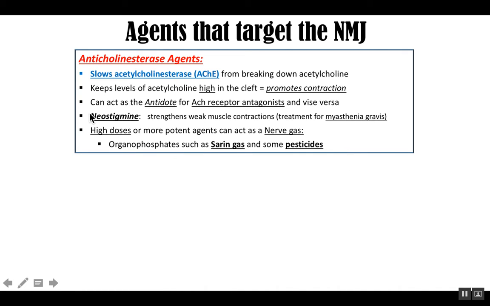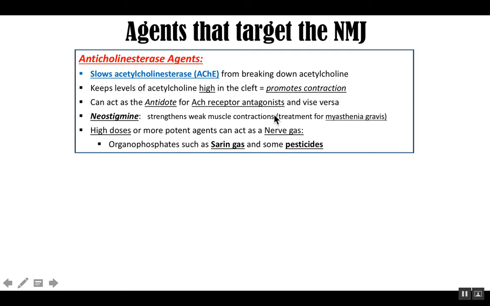One of the positives of anticholinesterase agents is we can use it to strengthen weak muscles. There's a drug called neostigmine, which is used to strengthen muscle contractions in patients with myasthenia gravis. Myasthenia gravis is a weakening of the muscles, and you can boost their contractions by giving neostigmine, which is an